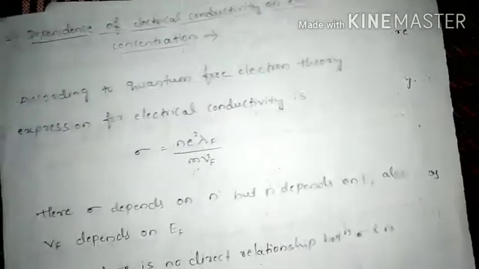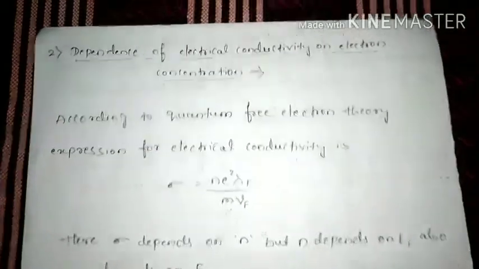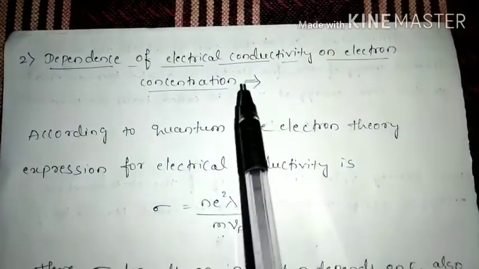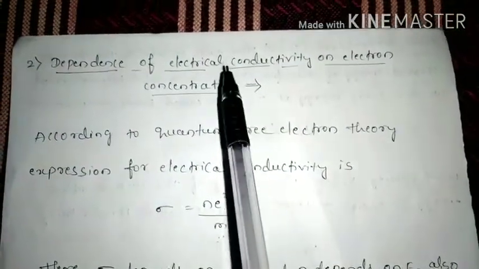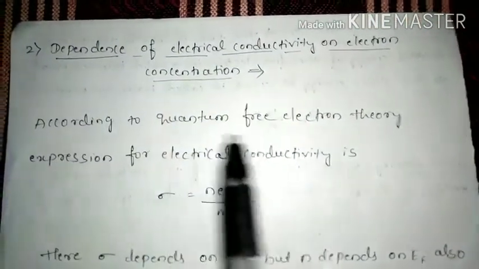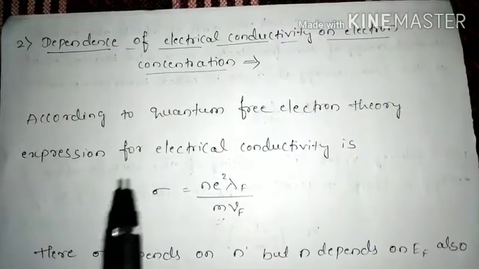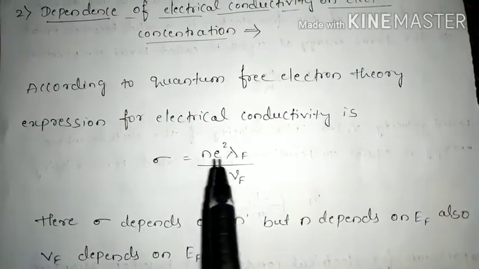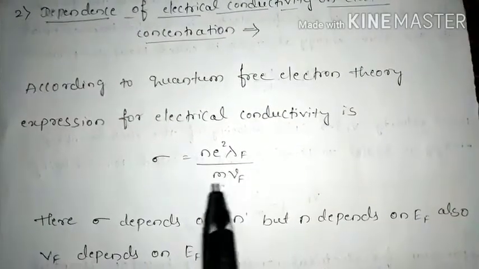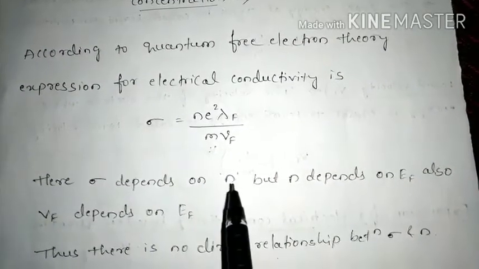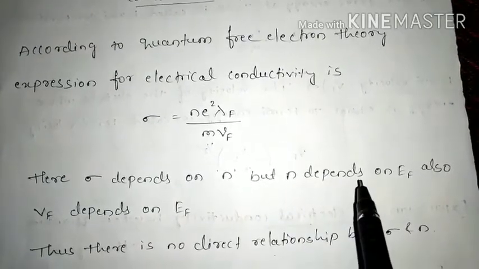is dependence of electrical conductivity on electron concentration. How is electrical conductivity dependent on the electron concentration? According to quantum free electron theory, the expression for electrical conductivity is given by sigma = n e² lambda f / (m Vf). Here sigma is dependent on n, but n depends on